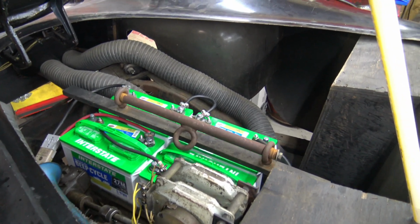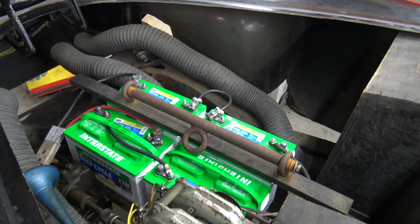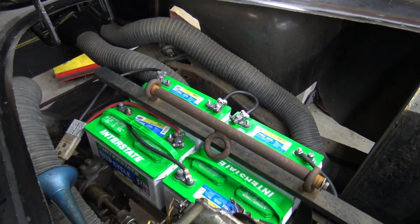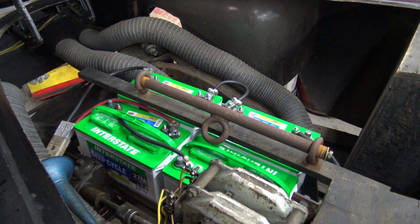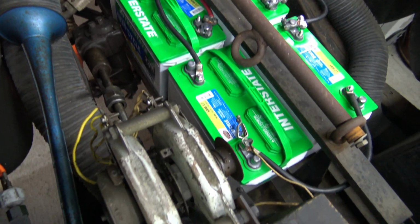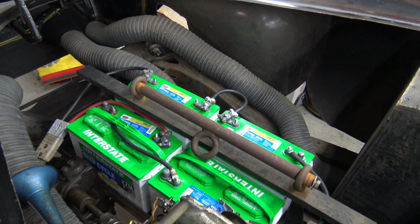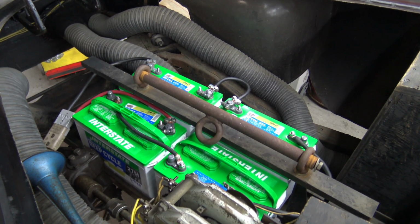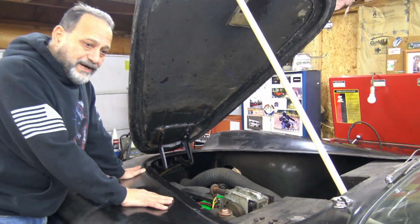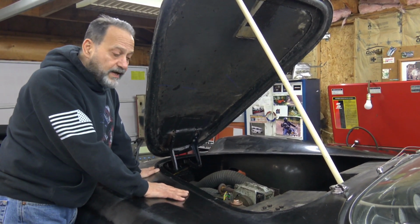So, George, obviously batteries here at the center of the tray. Talk to us about how they're tied together, and let's go through some of the interesting components we have under the hood here. Sure. Once again, after going through Edwin's blueprints and diagrams, it was very unclear as to the actual voltage that this car was going to perform at. After a lot of paperwork and going through a bunch of his notes, it was determined that we were going to run a 48-volt system. So we decided that we're going to run 1,000 amp hours, which would be the 4 deep cycle batteries in series for 48 volts. That 48 volts is all transformed in the underside of the car, where there's a large rectifier that will transform a lot of the Truckodyne's output power to the batteries to charge them back,